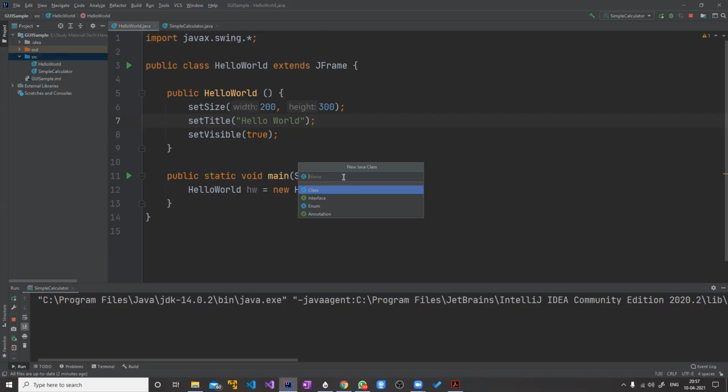Now, when you have to say what action has to be taken when an event has already taken place, or when an event takes place, how your program should respond to it, you write code for that. Such codes are called event listeners or action listeners.